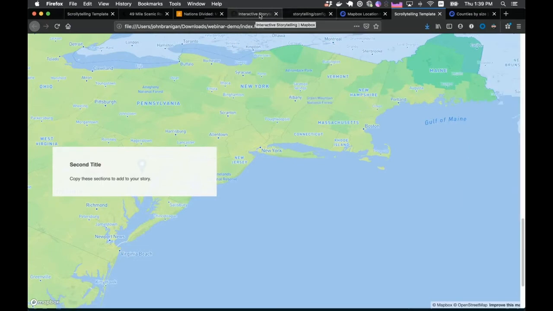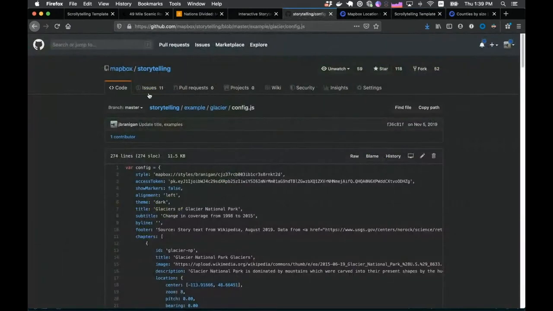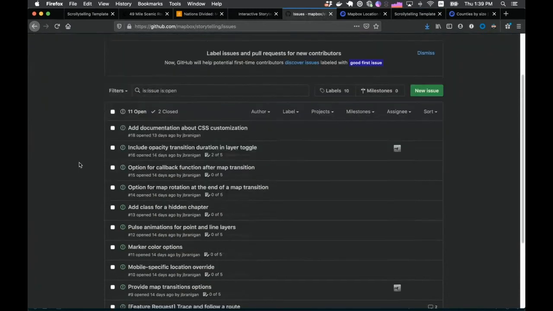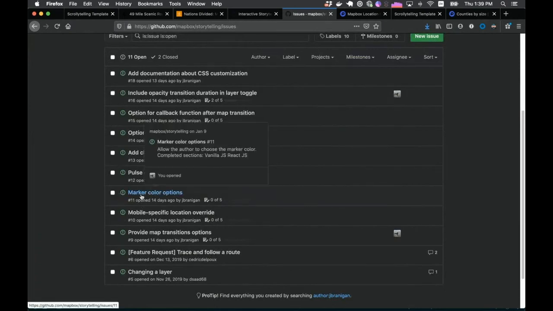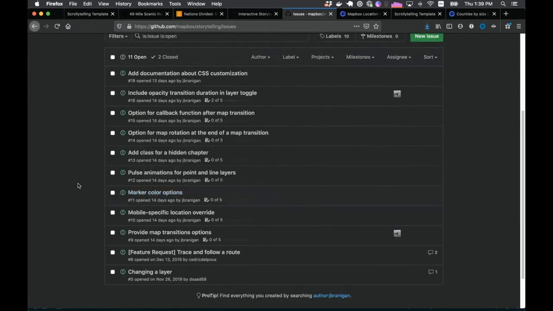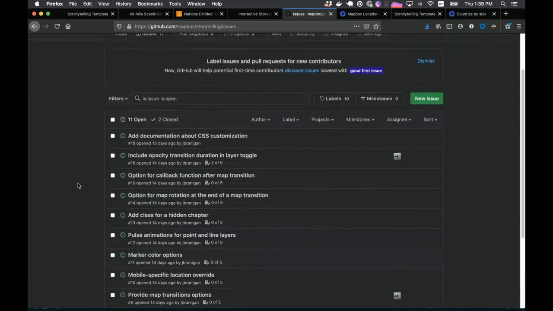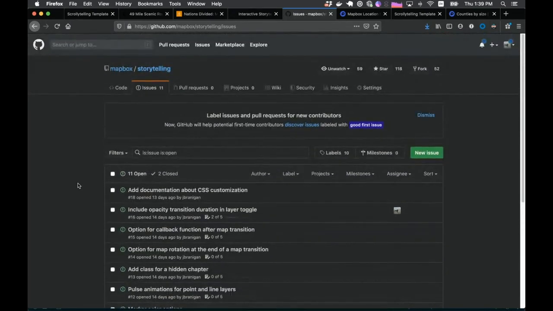Well, we have a few items listed in the repo. Yeah, if you go to the repo and go to the issues, you'll see what's in progress, what's in the works, and there are people also submitting issues that we may or may not be able to attend to, as far as feature requests and stuff like that. If you encounter issues using the template, or if you have a feature request, you can submit it here. Like Lo said, we'll need to prioritize what we're capable of doing, and when,